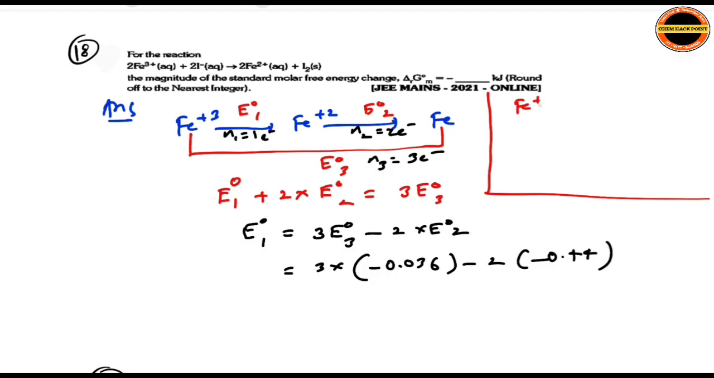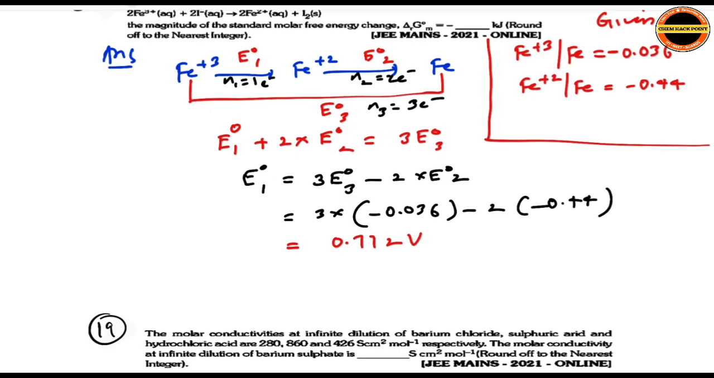Fe plus 3 to Fe plus 2, or you can write Fe plus 3 to Fe. This value is given, that's why I wrote it directly here, which is equal to minus 0.036. The value is given. Another value is also given, which is Fe plus 2 to Fe, given as minus 0.44. These values are given in the question, that's why I wrote them directly here, so which is equal to